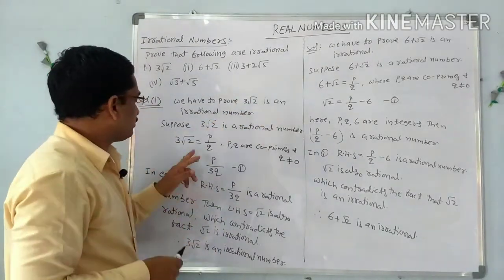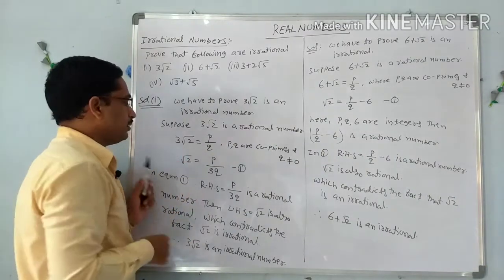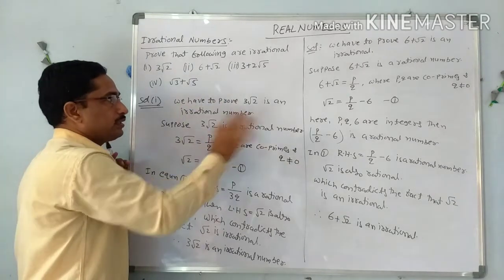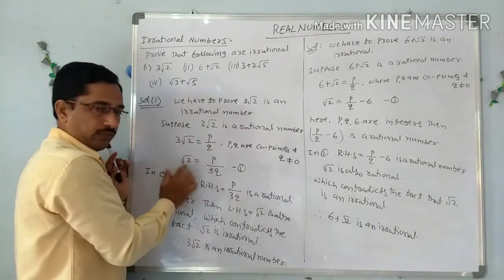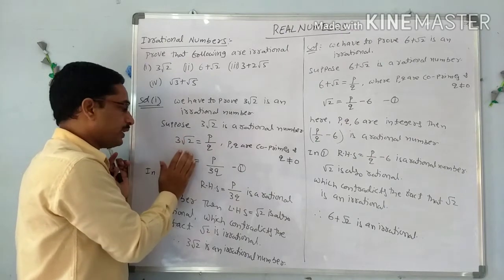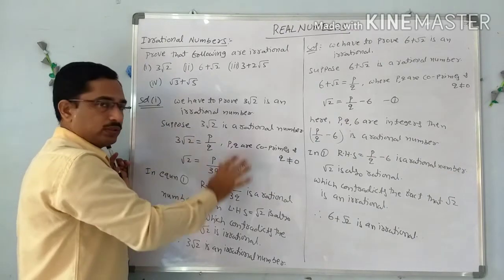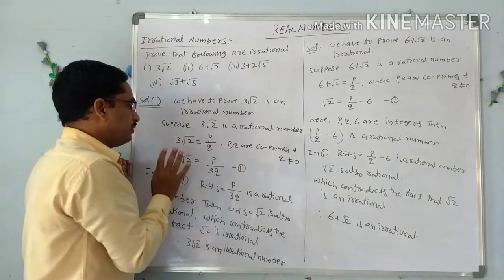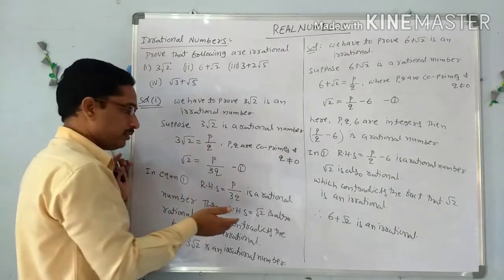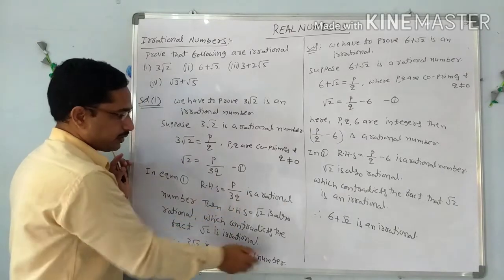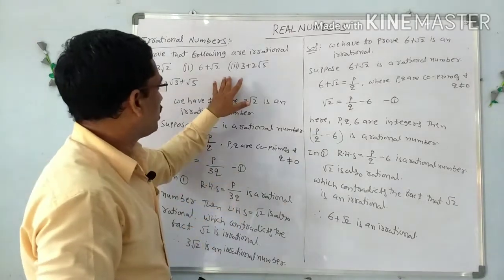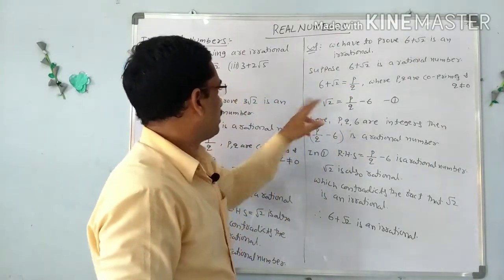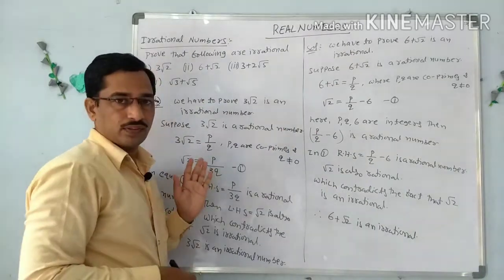See here, I am again saying the same concept. In all these problems we have to make the root values separate, put the root values on the left side and transpose all the remaining terms to the right side, and always the right side quantities are rational, and here the left side is also rational. So this is a contradiction, and we write the same statements in all the problems in this model. The same steps are repeated. We have to observe, we have to separate the root terms on the left side only.